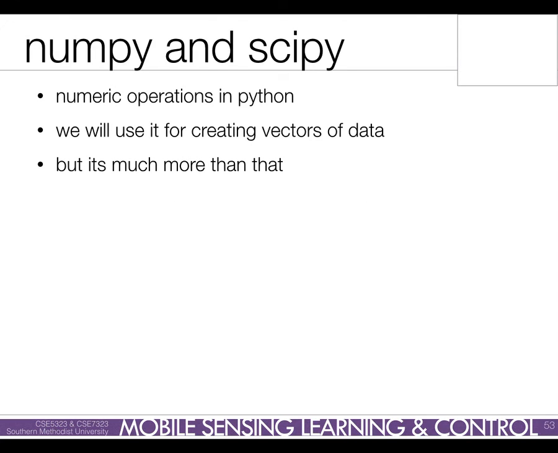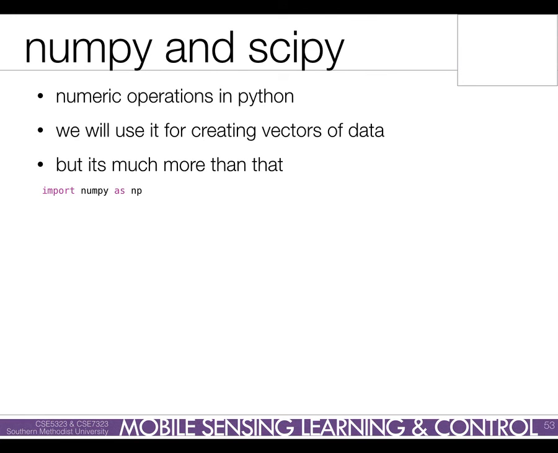Okay, so NumPy and SciPy. Numeric operations in Python. We're going to use it for creating feature vectors. That's all we're going to use NumPy for. But it's much more than that. So let's look at some code. If I want to use NumPy, the first thing I'm going to do, well, how would I get NumPy? How would I get this toolkit for Python? Import it? But you said download it. You don't really have it downloaded if we are using a Mac system. Oh, NumPy might be included. It might be included on a Mac. It might already be there. If it's not,